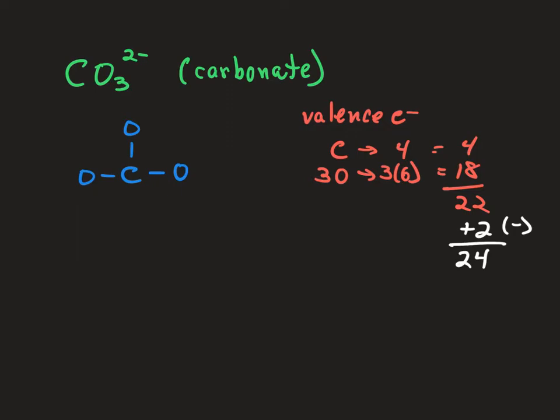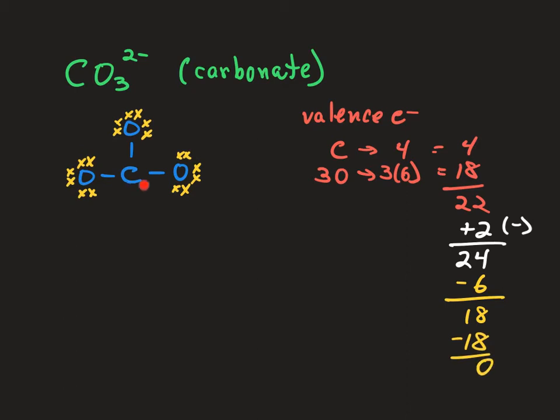We've already accounted for 6 of those because of the bonds we've already drawn, leaving 18. We start around the outside, distributing electrons in pairs. Now we're out of electrons,